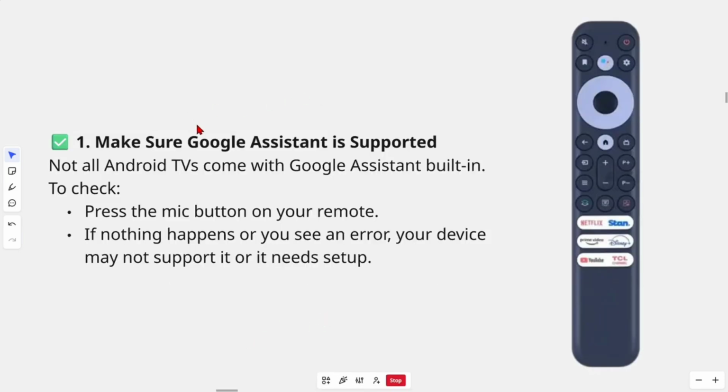Alright, so the first thing we need to do is make sure Google Assistant is supported. Not all Android TVs come with Google Assistant built in. To check, press the mic button on your remote. If nothing happens or you see an error, your device may not support it or it needs to be set